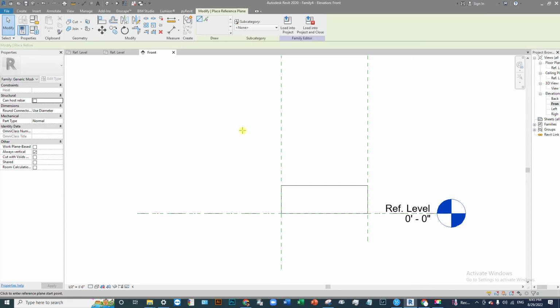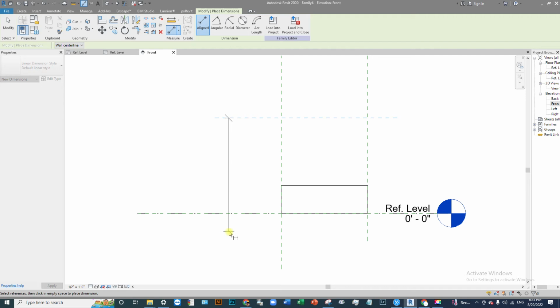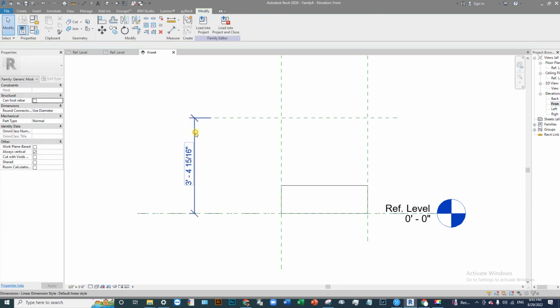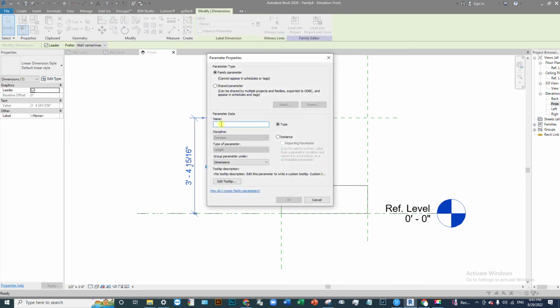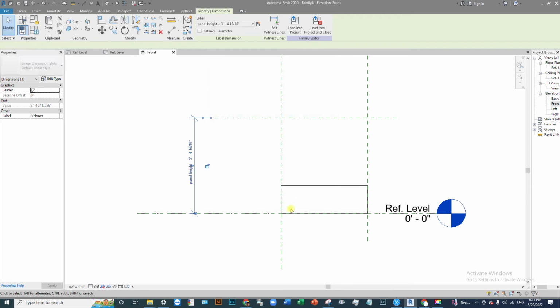create a reference plane, then set that dimension and create a parameter. Let's say panel height. Let's just leave it for type, then okay,